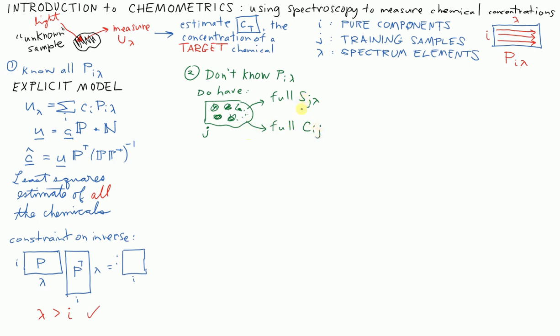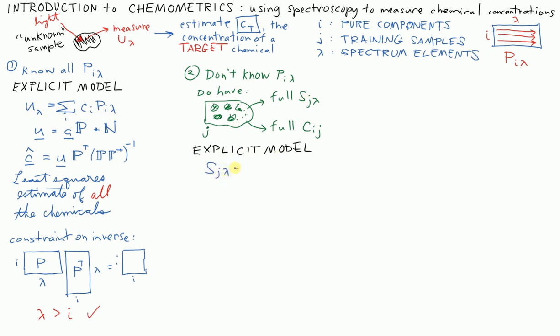So these are two matrices that we do possess even though we don't have the pure components that are at the base of this model. So we can still do an explicit model in this case. We're going to go back to a very similar explicit model to what we had over here, except now we're going to model these training spectra instead of the unknown spectrum. So our explicit model here is going to be that the training spectra S,